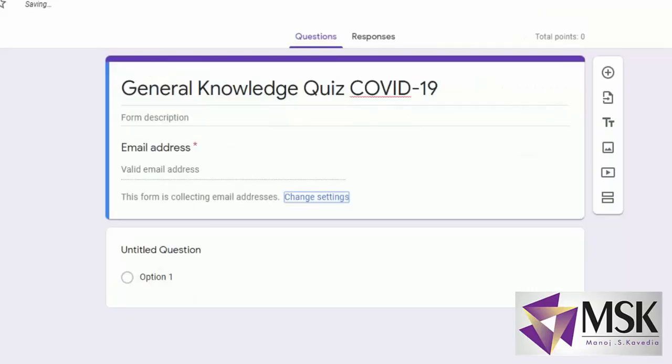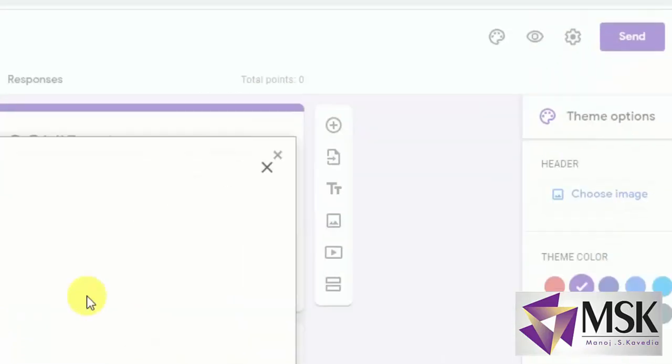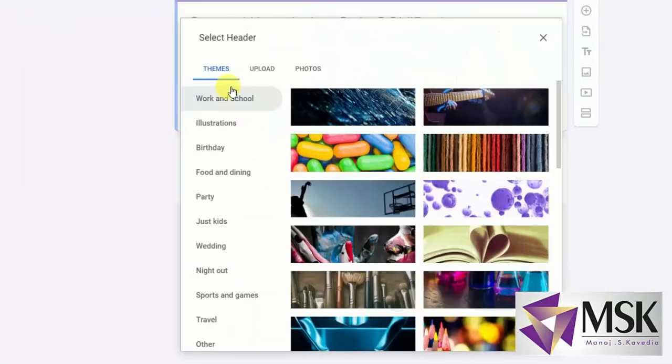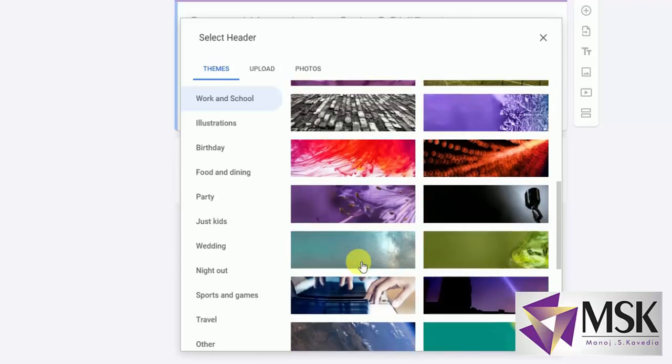Now again the theme, I can change the theme. So I'll choose an image from here. I can select from the theme, or I can upload it if I have my own customized image, or you can click a photo and upload it. In the quiz I'm searching to see if anything matches the quiz.